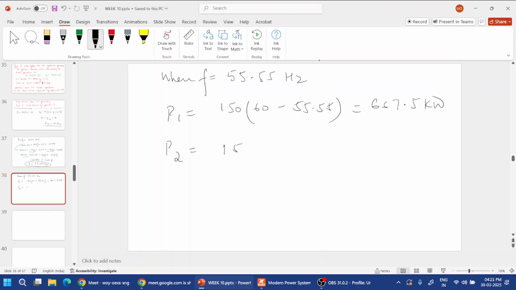Similarly, for P2, its value is 75 times 60 minus 55.55. So 4.5 into this. If we calculate it, it is 337.5 kilowatts. And you can see that if we add these both, 337.5 plus 667.5, it will come out to be,